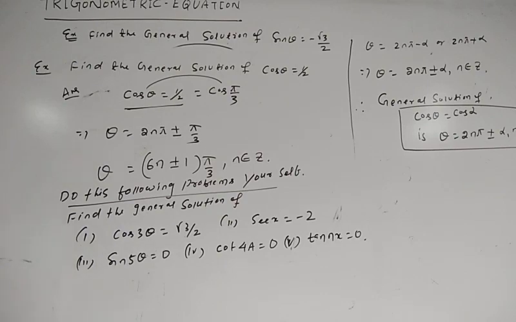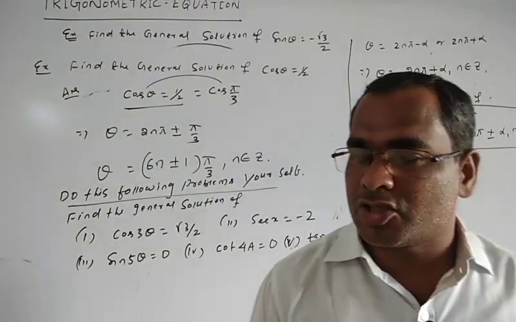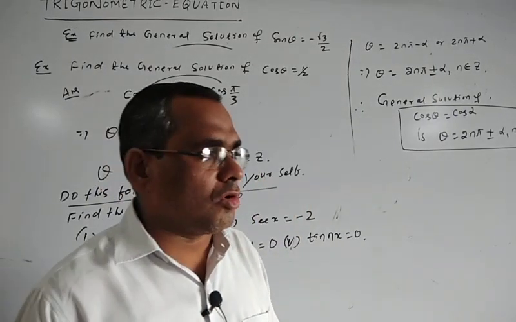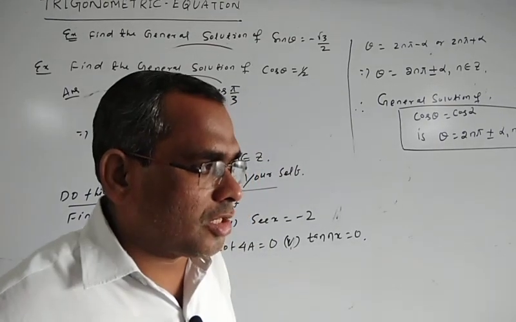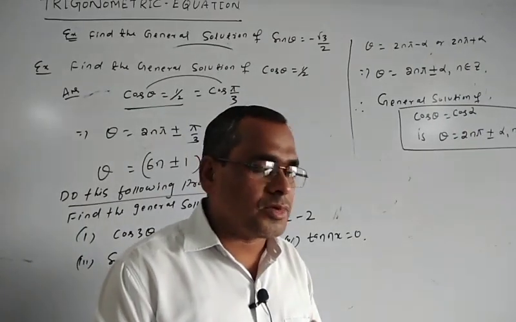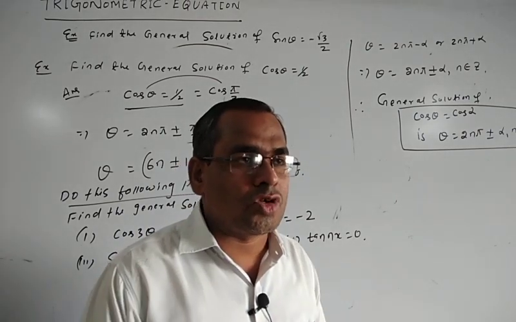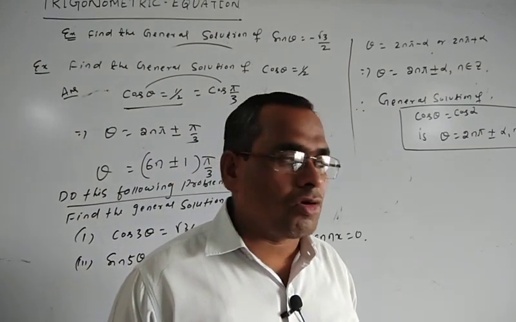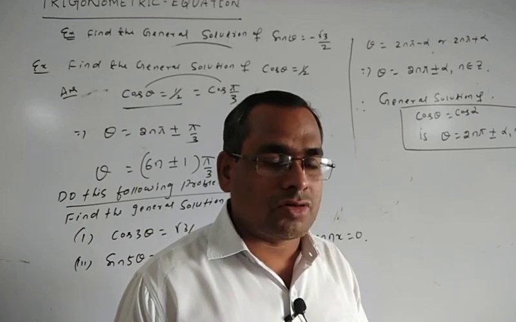So in the next class we will do another trigonometrical equation, the general solution of tan theta is equal to tan alpha and cot theta is equal to cot alpha. In this class we saw what we mean by a trigonometrical equation and what the solutions are, and these solutions are of two types: one is a principal solution and the other is a general solution. And what is the general solution of sin theta is equal to 0, cos theta is equal to 0, tan theta is equal to 0, cot theta is equal to 0, and also sin theta is equal to sin alpha and cos theta is equal to cos alpha.